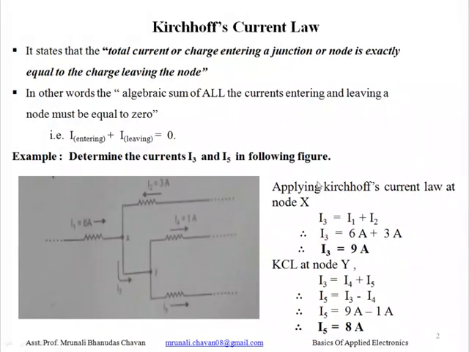मग त्यावरून आपण इक्वेशन कसं लिहू शकतो? एंटरिंग करंट काय आहे या ठिकाणी, तर I1 आणि I2 हे एंटरिंग करंट आहेत ॲट नोड X आणि I3 हा लिव्हिंग करंट आहे, म्हणून मग आपण इक्वेशन असं लिहिलं. ओके, तर I3 इज इक्वल टू I1 प्लस I2. Either you can write as I1 plus I2 is equal to I3. Why did I write this equation as I3? Because we have to find out here I3. So we can calculate the currents in a circuit by using the Kirchhoff's current law.